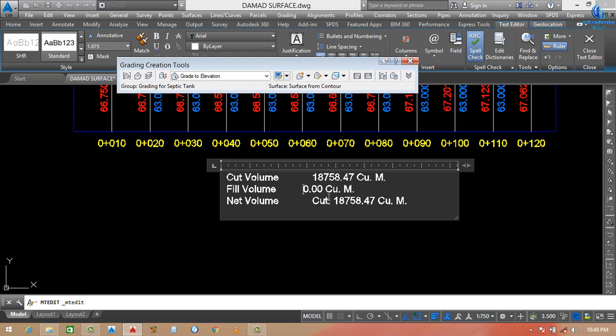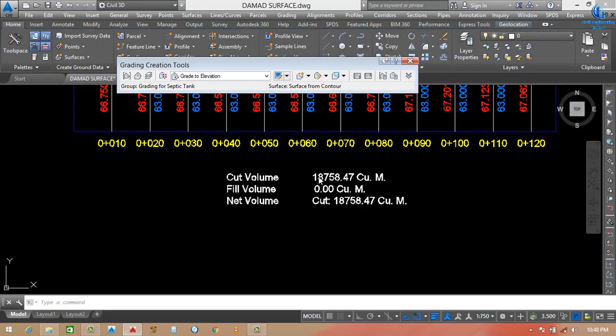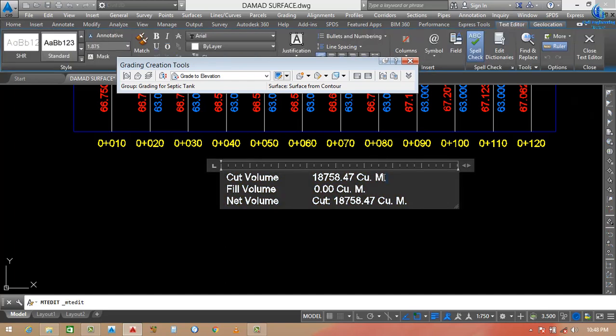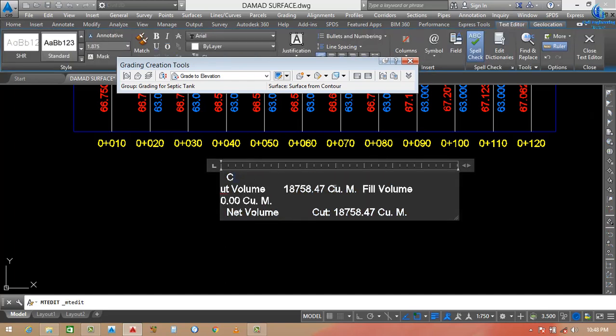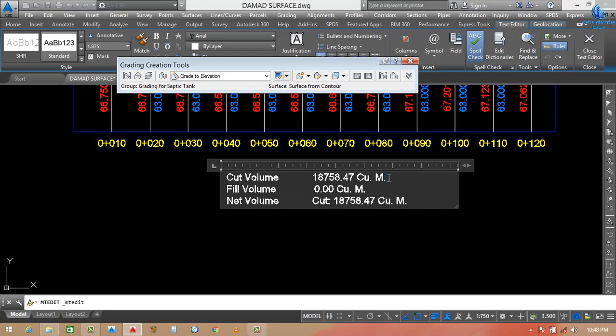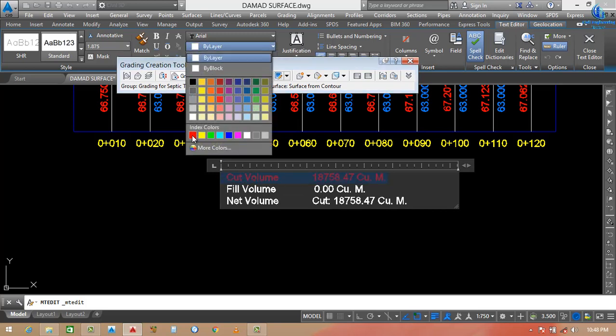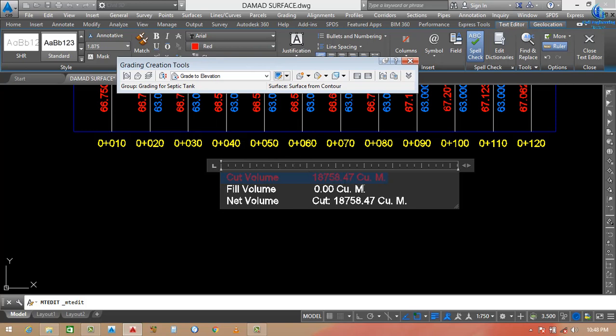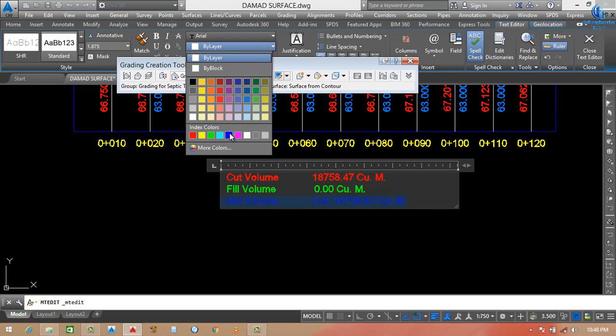Now I want to give some specific color to this one, like select here, cut color will be red, cut color select from here, red. After that, second will be our green color for fill, and last will be our net quantity, net volume will be our blue color. Okay,